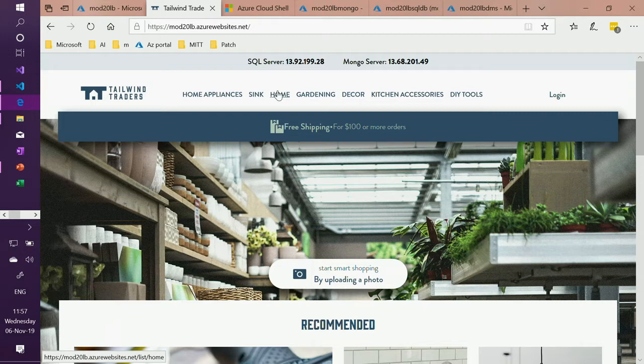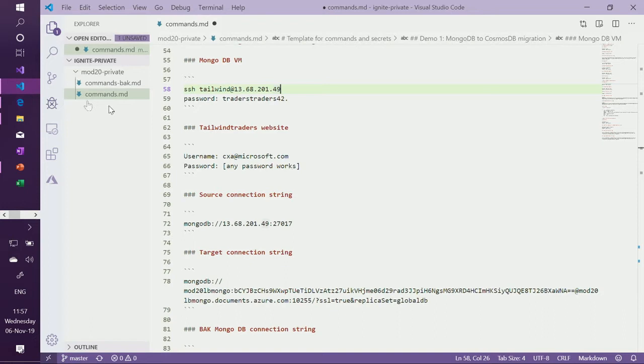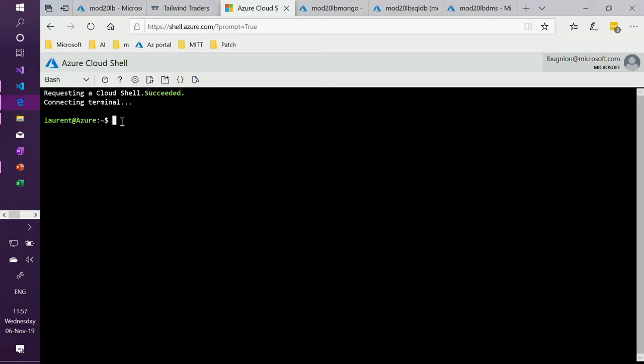And those are IP addresses. Those are VMs which are running. And so one of the VMs is a Linux VM. This is a shopping cart. So I'm going to show you quickly. I'm going to just SSH. And here I'm using the Cloud Shell, by the way, which is a great environment directly in your web browser, allowing you to use Bash or PowerShell. So I'm going to use this to SSH into my machine,